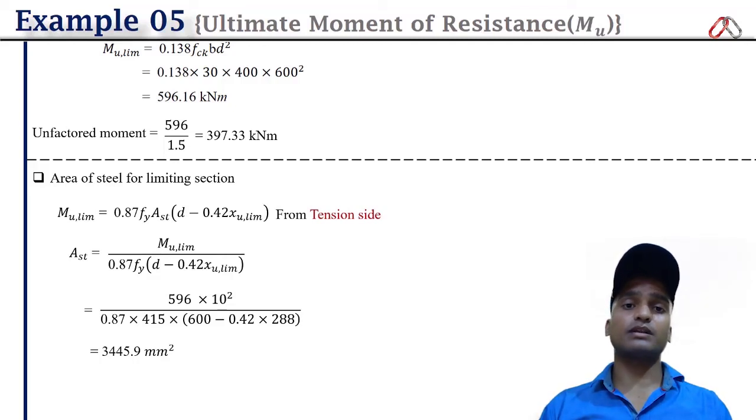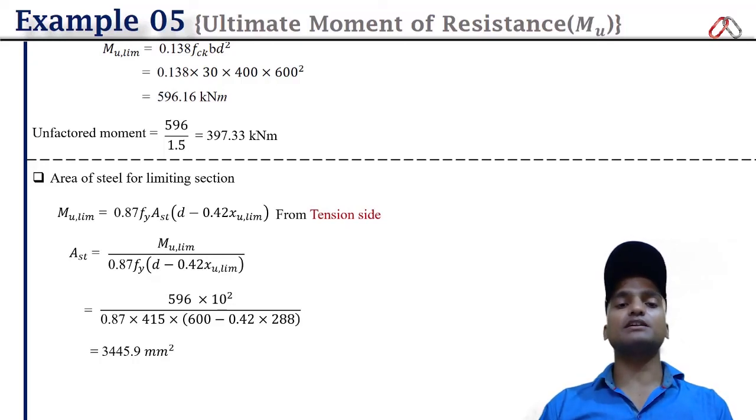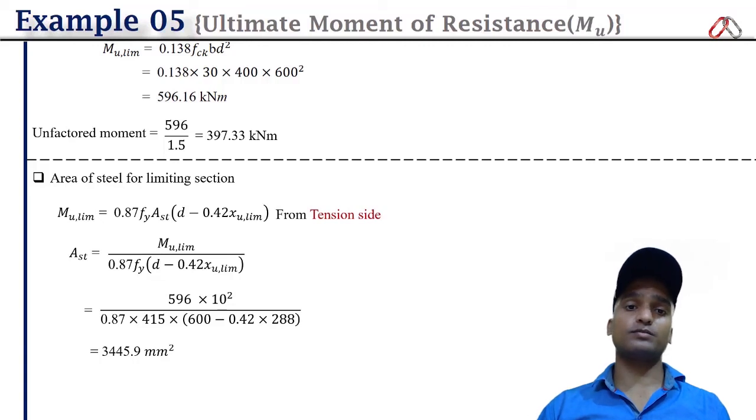In fact, the worst thing that will happen is that the concrete will crush, and that failure of the flexural member will be a brittle failure, which is unwanted. Instead of providing so much area of steel, which is wastage and also unwanted and prohibited, we could have just provided this limiting area of steel reinforcement in the bottom, and that would have made our beam a balanced section, and then our moment of resistance would be equal to the same Mu limiting, and the problem of over reinforcement would also have been solved. I hope this must be very clear to you.